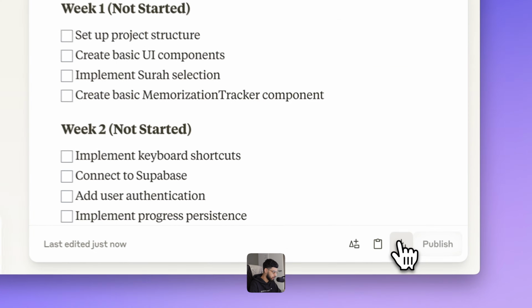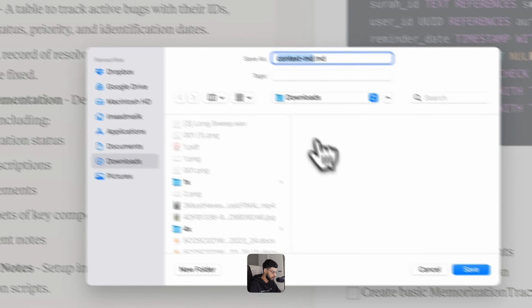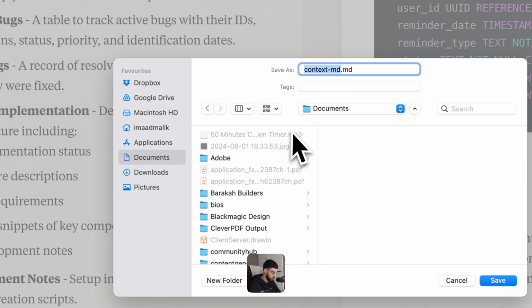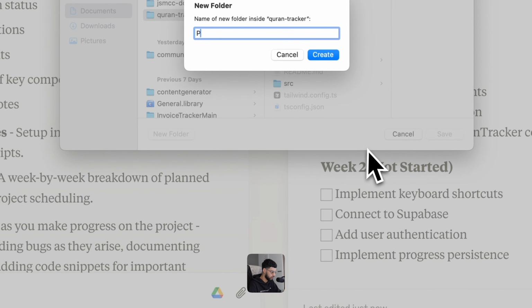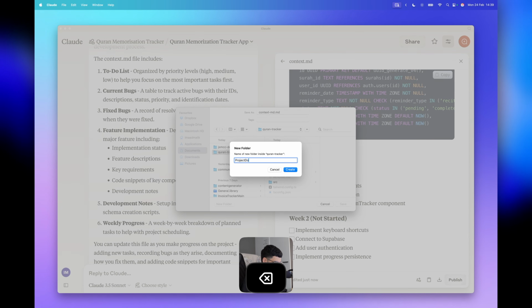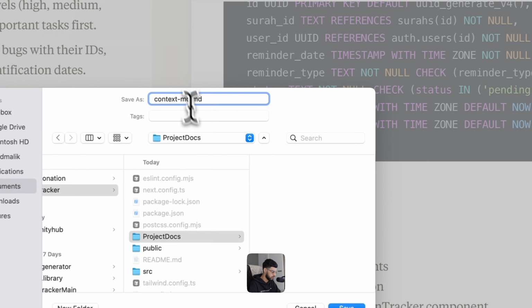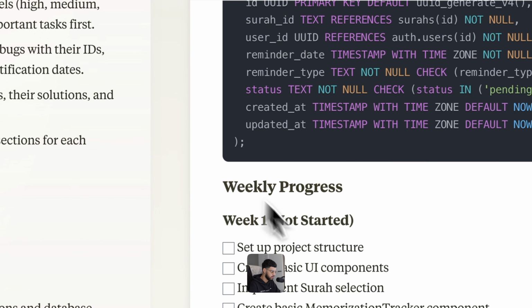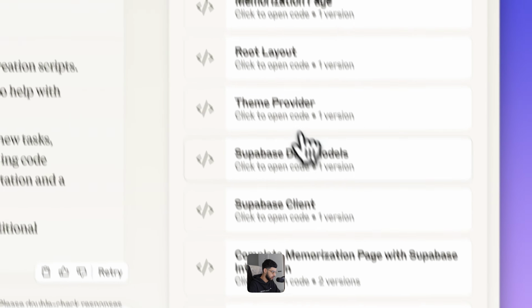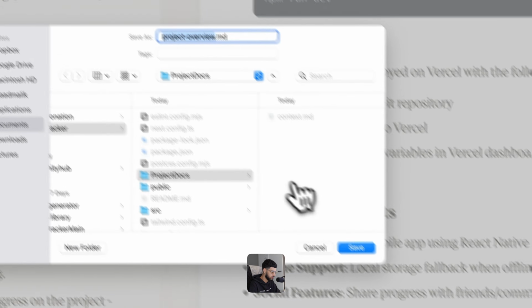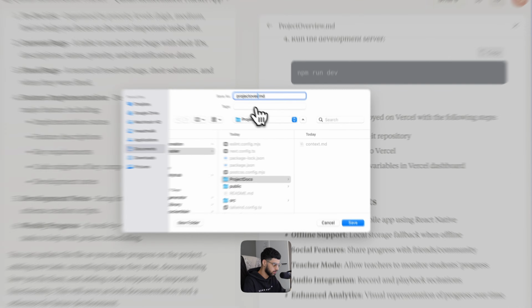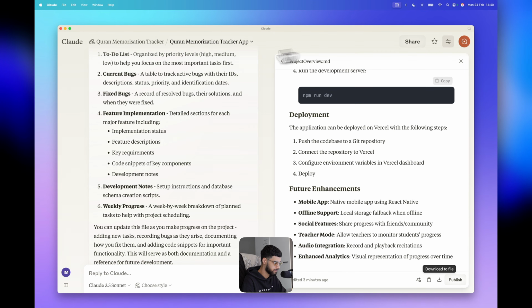Cool. I'm going to download this. I'm going to go to documents. I am going to find Qur'an tracker. I'm going to make a new folder, and I'm going to call it project docs. context.md. I will then find project overview, save that, project overview.md.